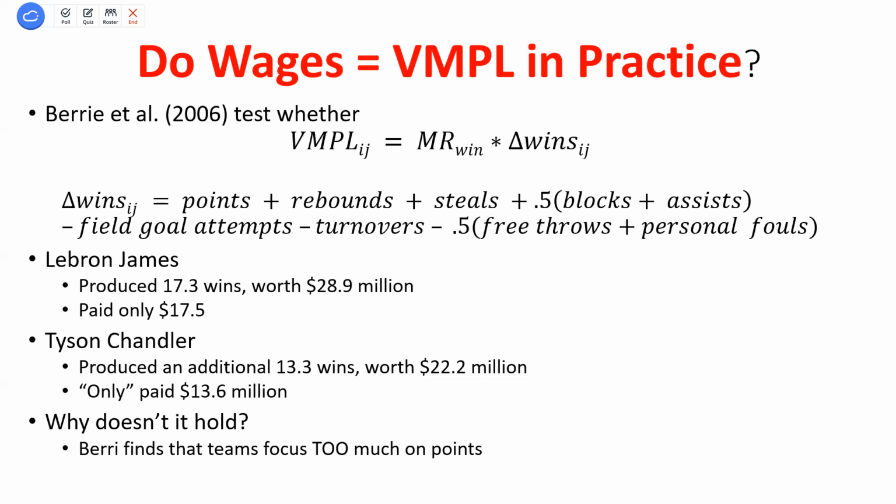This regression tells you how many additional wins were added. When you use actual wages, it allows you to see how much they're additionally paying them for these statistics. And those might not line up. So they compare the coefficients between this regression and the regression with actual wages, not just predicted wages. And what they find is teams are overpaying for points and underpaying for things like rebounds, steals, assists. Right? So it's kind of interesting.